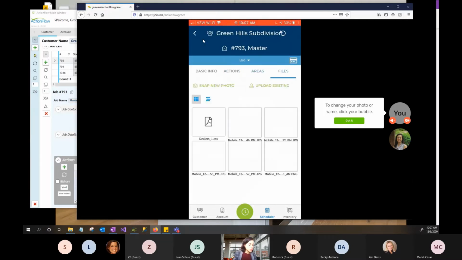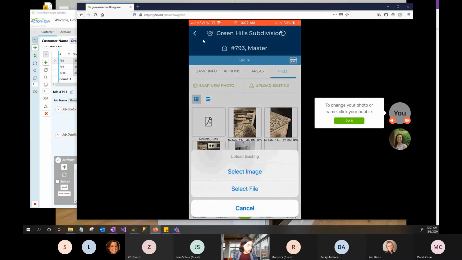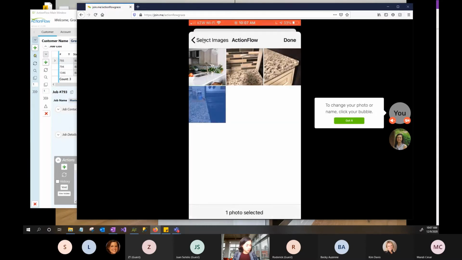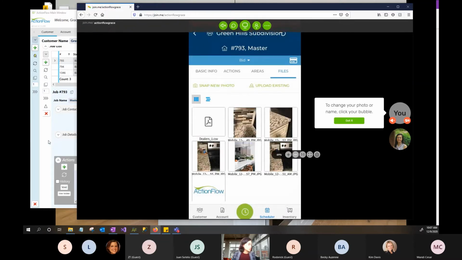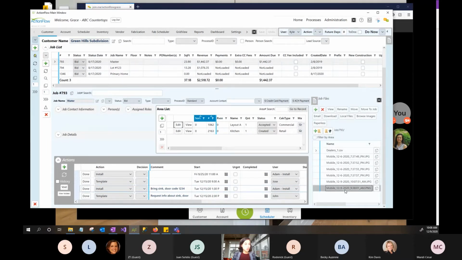The files section, this can be pretty useful for your installers and templators. When they're on site, they could take a picture and then they could upload the picture to, I've already uploaded this one, but you could upload pictures to your job, and when you upload those pictures, those will show up in the job files section in the mobile app. So I can pull over, oh, that's not a good example. Let's pull over